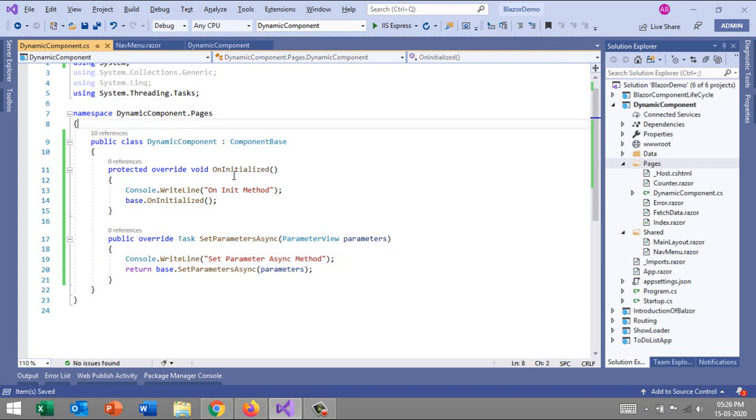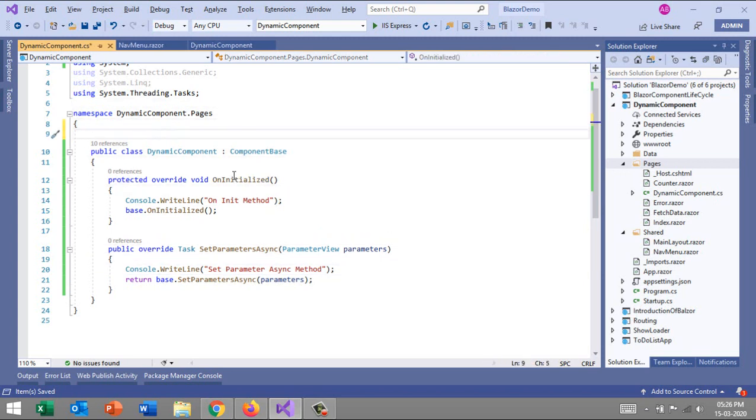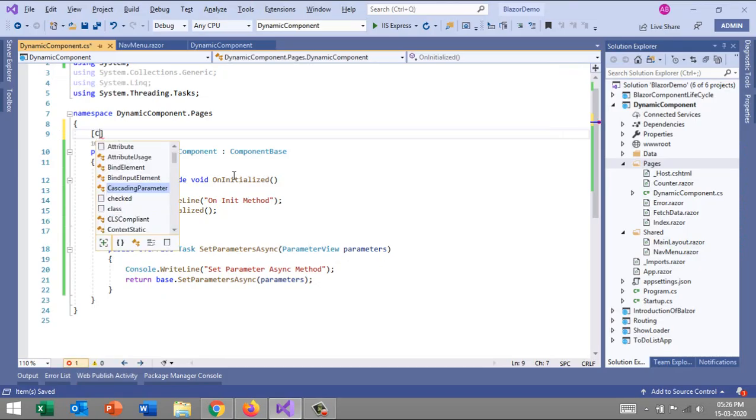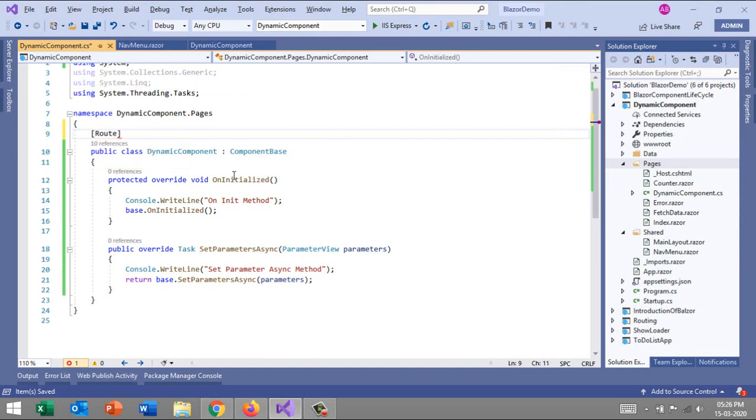Then we have to tell where the URL or route is. So I'll use the MVC kind of route thing. The route will be dynamic component. Perfect. That's nice. Let's build our project.